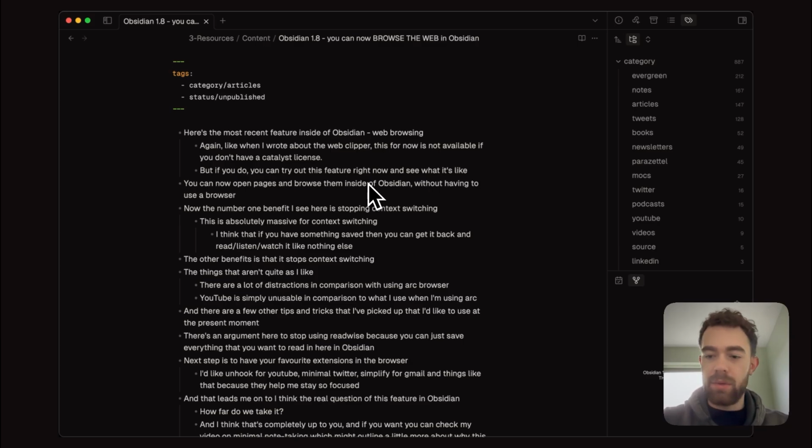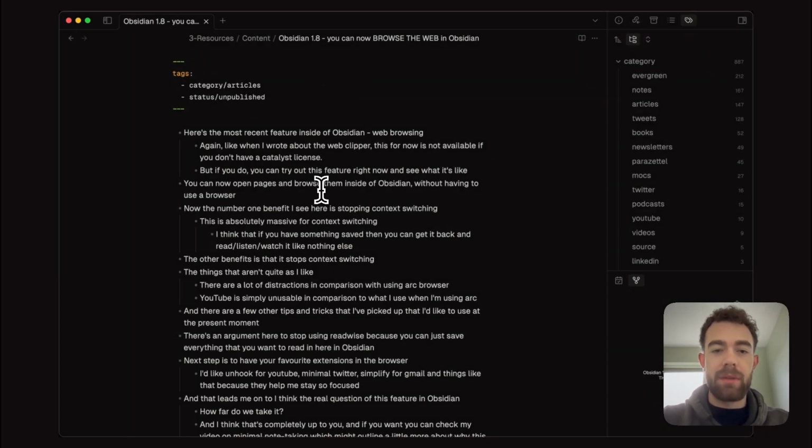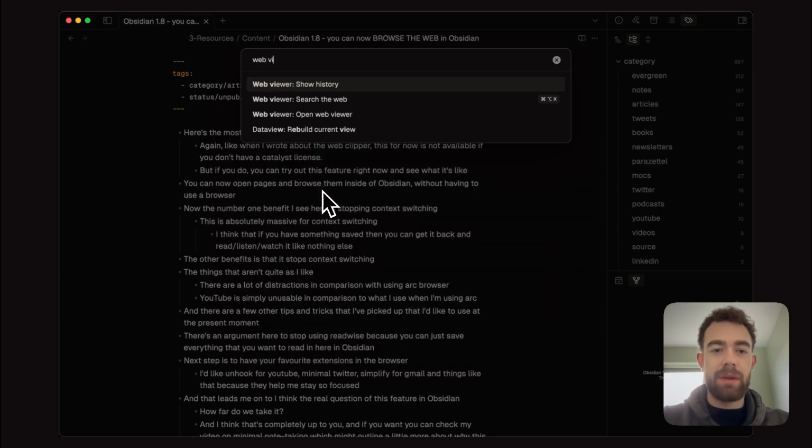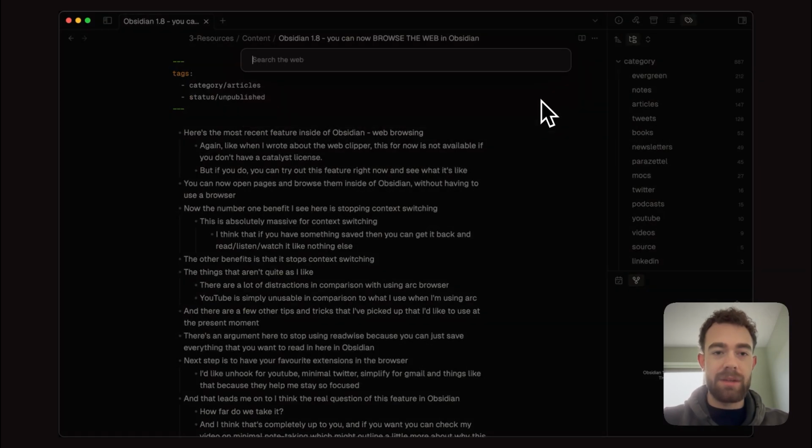So first of all, I'll show you a demonstration of what it actually looks like when you search the web inside Obsidian. There's this feature here, search the web, which you can bring up by using the command palette if you search in web viewer and search the web. But you can see I've already got a hotkey bound to this because I like to optimize things and make sure they're quickly accessible. So I can just tap my hotkey, and if you write in the search bar